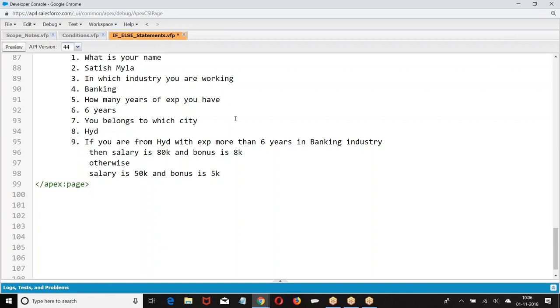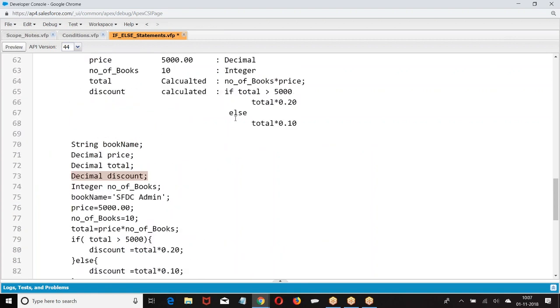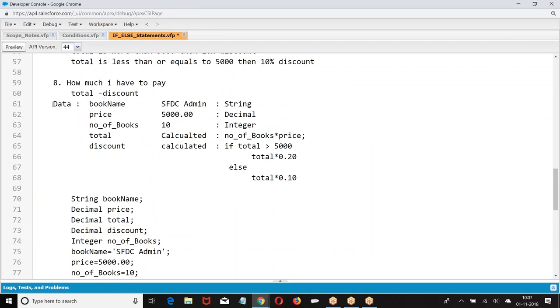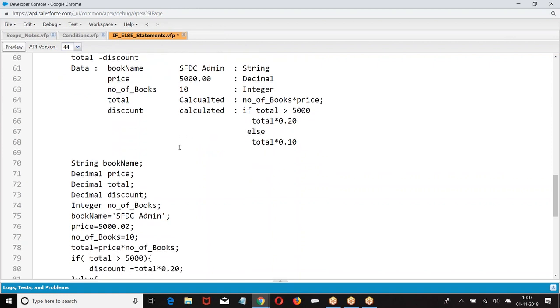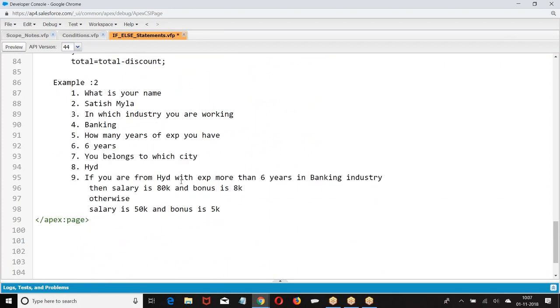Identify the data, understand the data types, then assign the value, calculate the value. If you are new to programming, this is the structure you are supposed to follow. Don't skip the process. You will get analysis. Don't straight away write the program. Build it in the same structure. Write a couple of examples in the same structure.